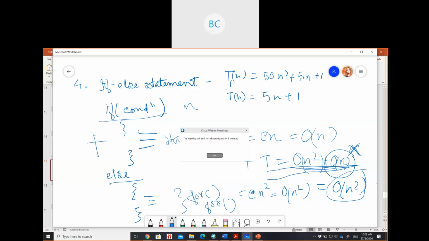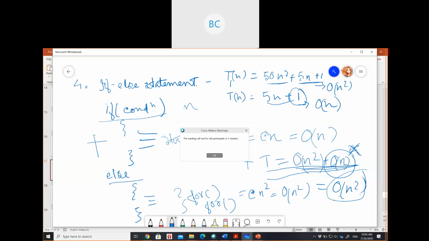What will be the complexity for this one? And what will be this one? Yes, someone said it's O(n square) and it will be O(n). For this case, I already told you one part will be neglected because we are not going to consider the constant part. So complexity will be n. For this case, O(n square) because we are going to take only the n square.